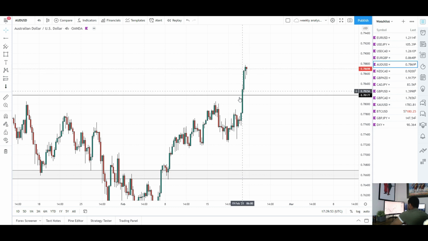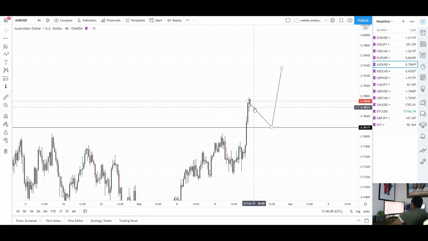As you can see, big push to the upside. We're definitely overextended here, likely to see some retrace. So we could be seeing a retest of that prior resistance now. That price swing high will now be turned support, so we might see a push back into that level, then see the continuation to the upside. We might actually go and hit 0.8